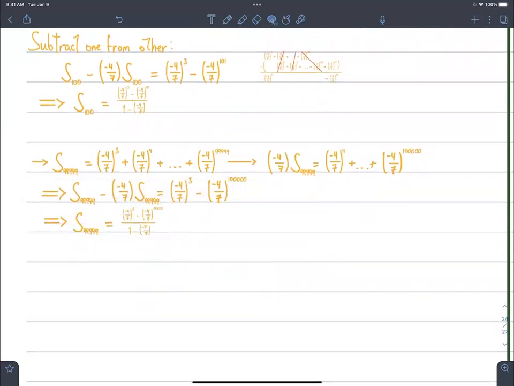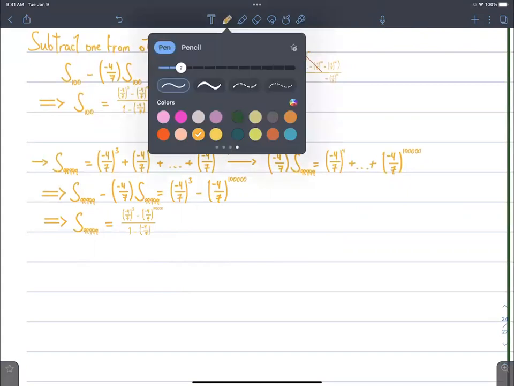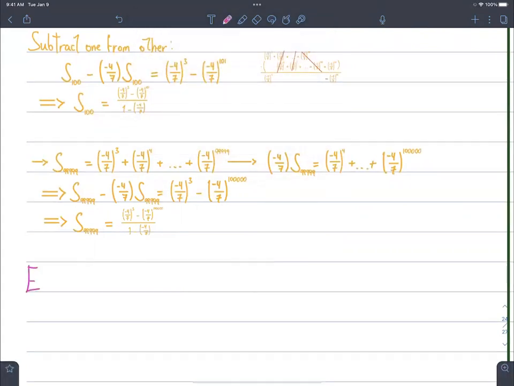Wonderful, isn't it? Finally, for S sub m, we have to do the same, but I'll leave that part to you. I'll write it as verify, which means you still have to do this process to earn the full credit. You have to verify that S sub m is equal to minus 4/7 to the third power